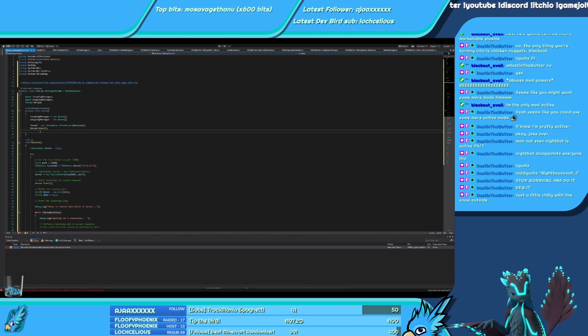Oh, you know what? Because it's a thread, it's not actually going to halt the Unity application because it's a separate thread. That explains it.